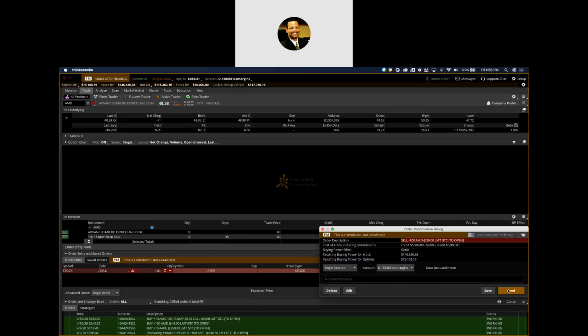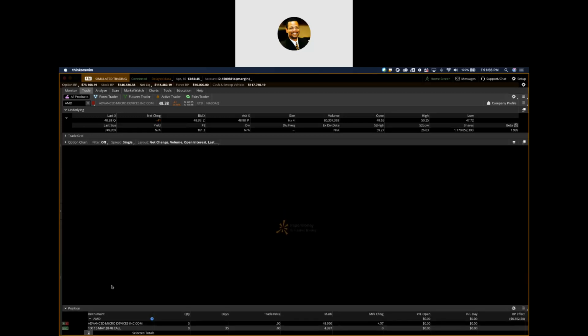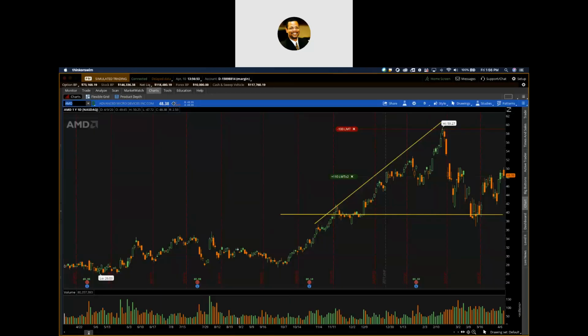The only reason it's saying that is because my buy order hasn't been filled yet. Once they've both been filled, my buy will turn into a sale immediately, and they'll be on the chart. But that's for another discussion because we're doing all this after market. You can see right here at the bottom, I have a buy and a sell on the same symbol. If we go back to the chart, you'll see there's a buy down here and a sell up there. So basically what I put in is my entry, my E, and my T for my stock buy. It's just that simple.